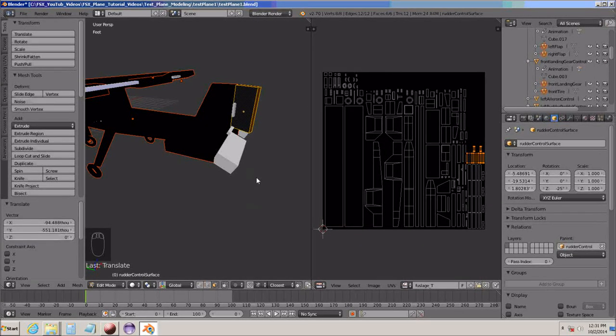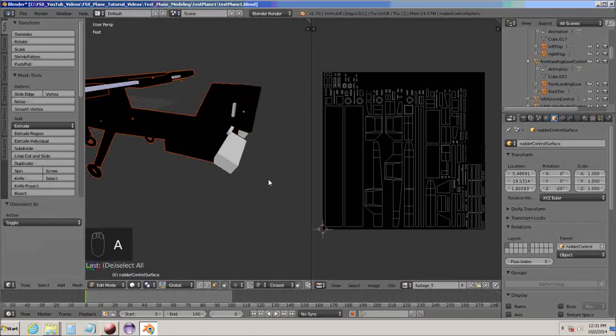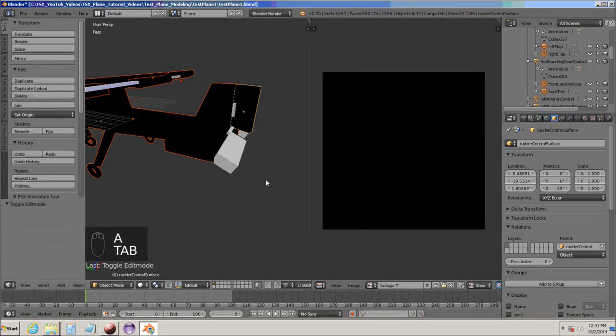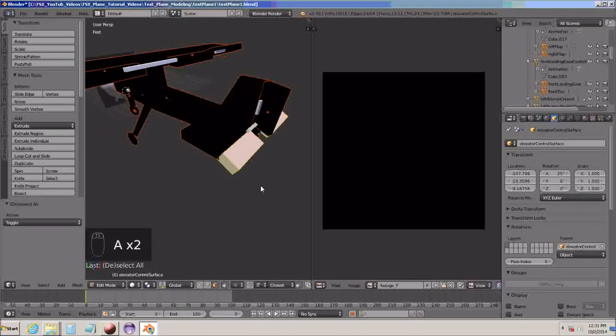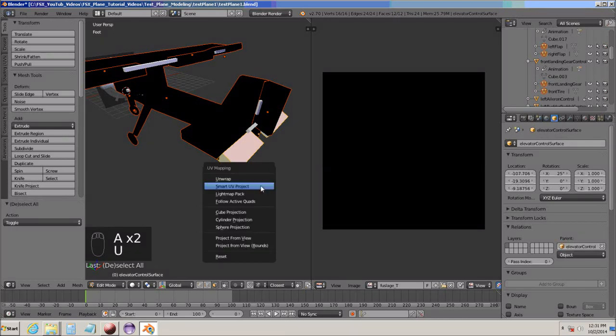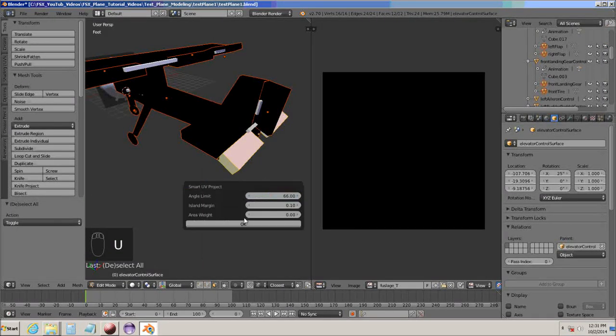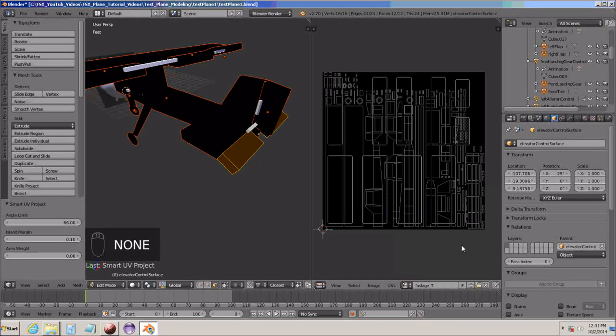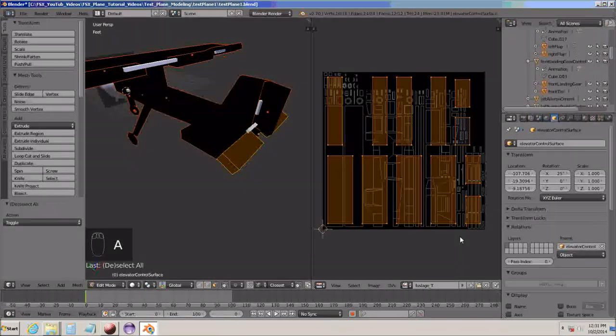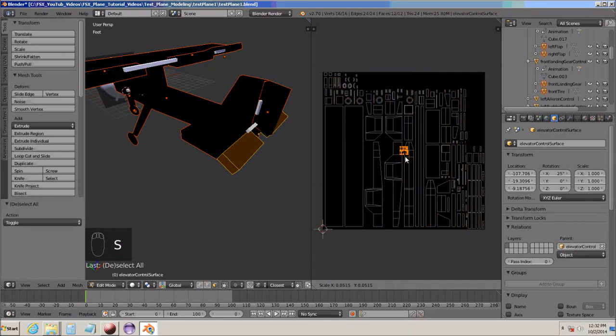Go back over to the 3D workspace, A to unselect, Tab to go into object mode, and hold down Shift, select the elevator control surfaces, hit Tab and A and U, Smart UV Project, OK. Choose our texture again, hit A to select everything on the UV image side, or UV unwrap side, hit S for scale, scale it down,